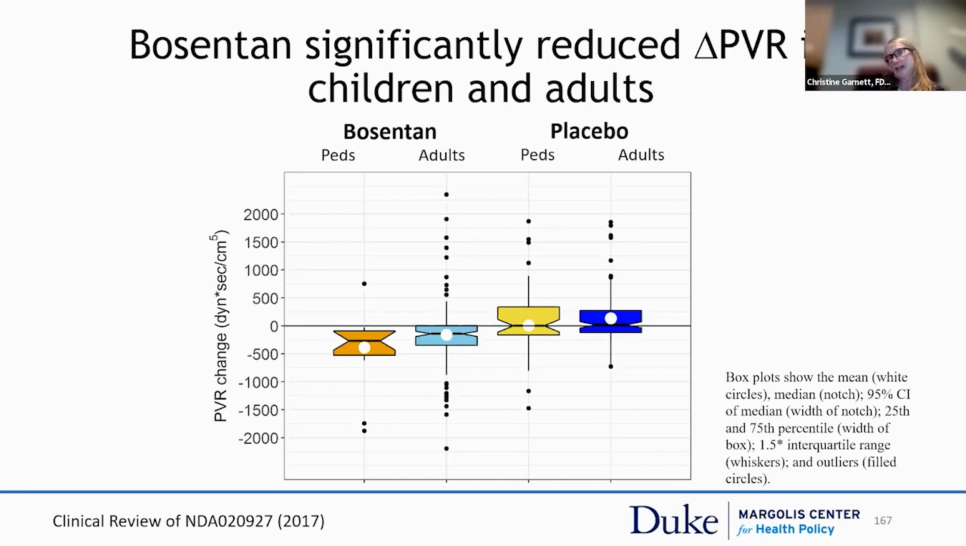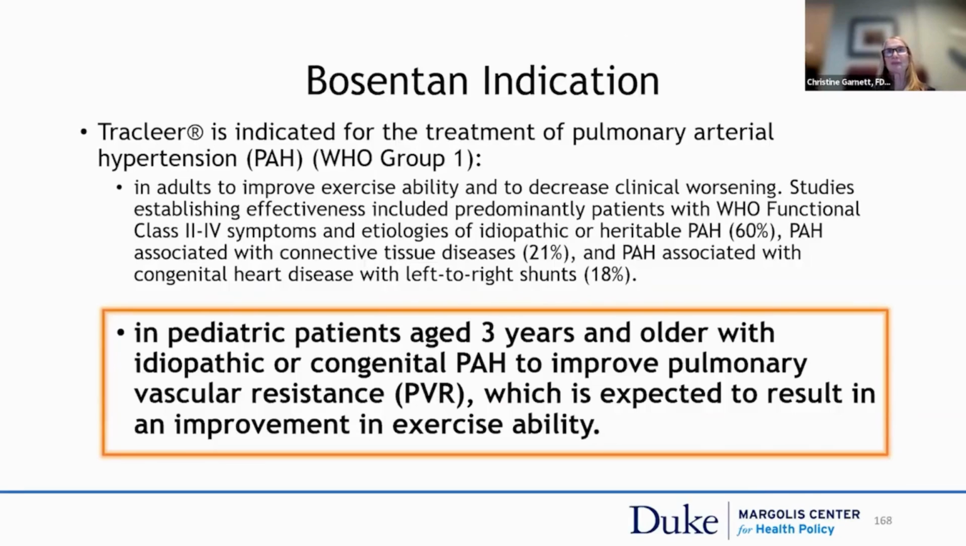So we didn't expect that the pediatrics would respond differently than the adults on placebo. So based on this very small study, again, it was only 19 pediatric patients with PAH, the FDA concluded that Bosentan's effect on PVR in children corresponds to a clinically meaningful effect on 6-minute walk distance. Next slide, please. So in 2017, the FDA did approve Bosentan for the treatment of PAH in children based